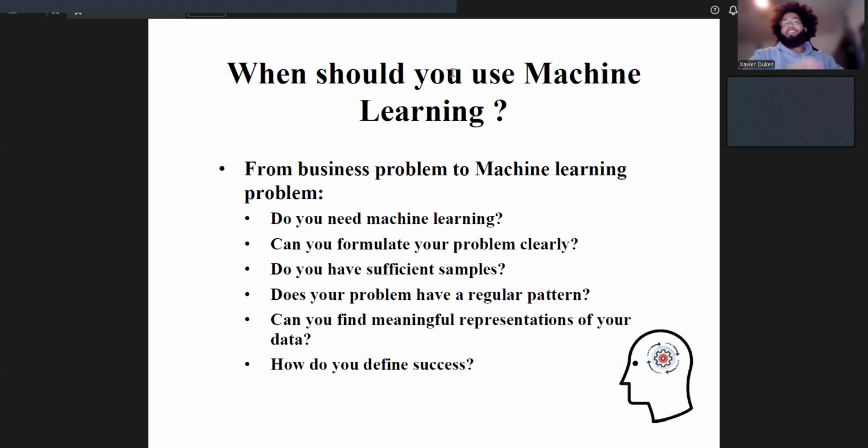When should we use machine learning? It's a fairly complex task that's computationally expensive. A lot of these models can get very large, and it's not always applicable to certain things. Is there an ample amount of data to train a model off of? Can you formulate the problem clearly? Do you have sufficient samples? What is the overhead of labeling samples? What legwork will you have to do to clean your data repository? Is the problem a regular pattern or is it somewhat irregular and abstract? And then, of course, with any problem, how do you define success?